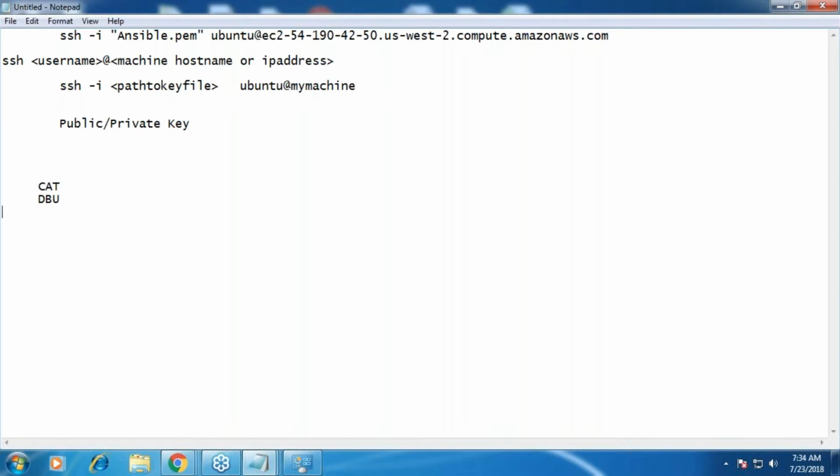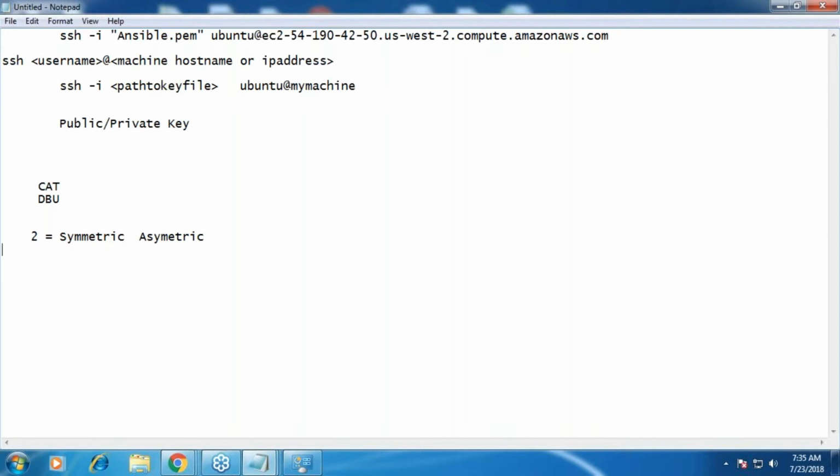There are two kinds of algorithms whenever you want to do this. One is called symmetric, the other one is asymmetric. In symmetric, the key is the same, sender and receiver have the same key.